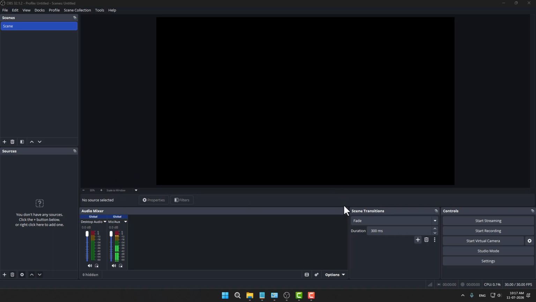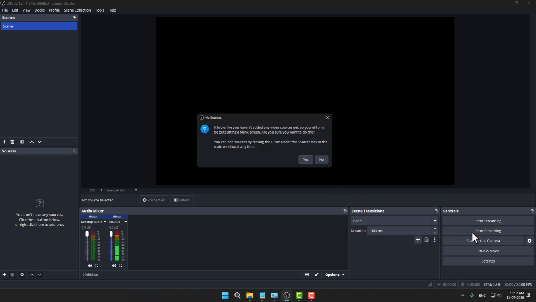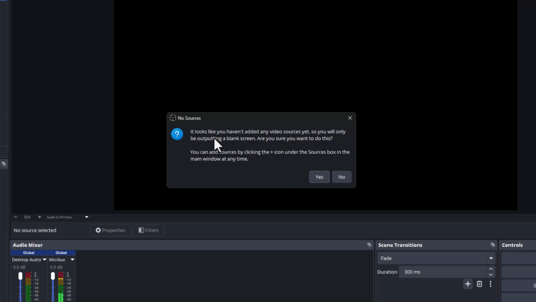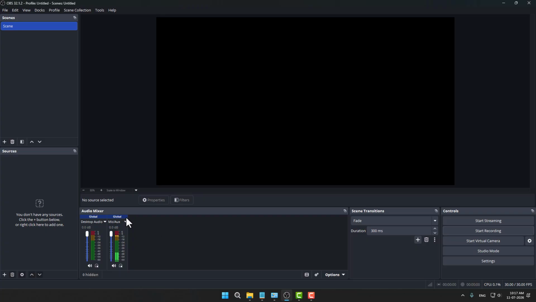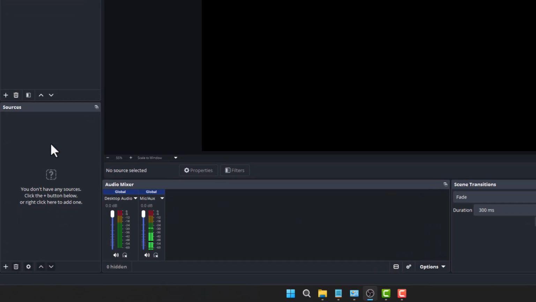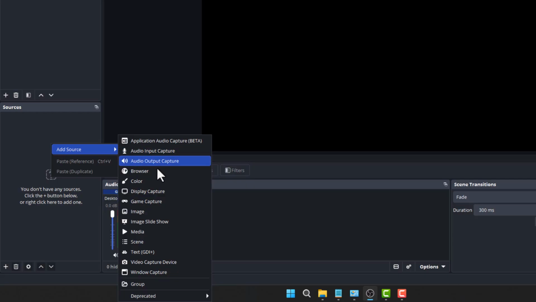Today I have installed the OBS Studio. When I start recording, it says it looks like you haven't added any video source yet, so you will only be outputting a blank screen. Are you sure you want to do this? It's like no. To add a monitor, you need to right click on the sources and select add sources and